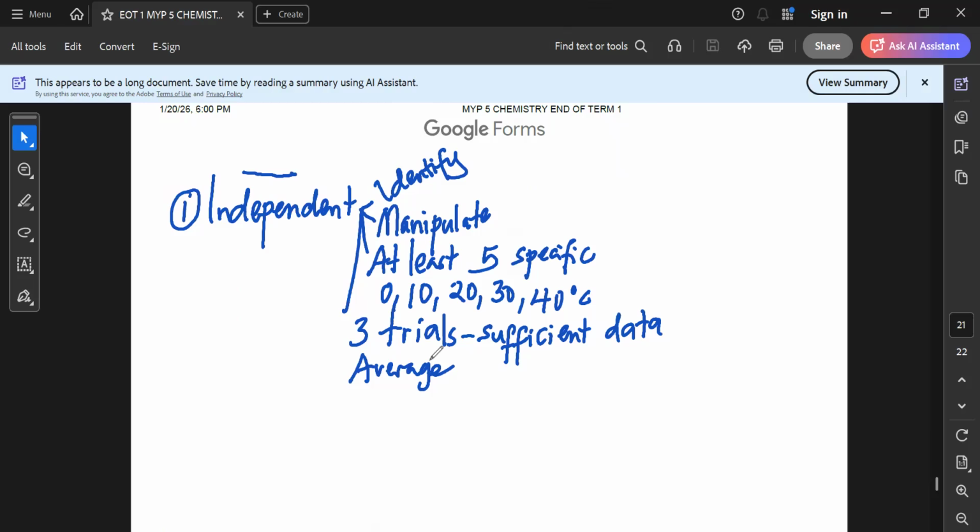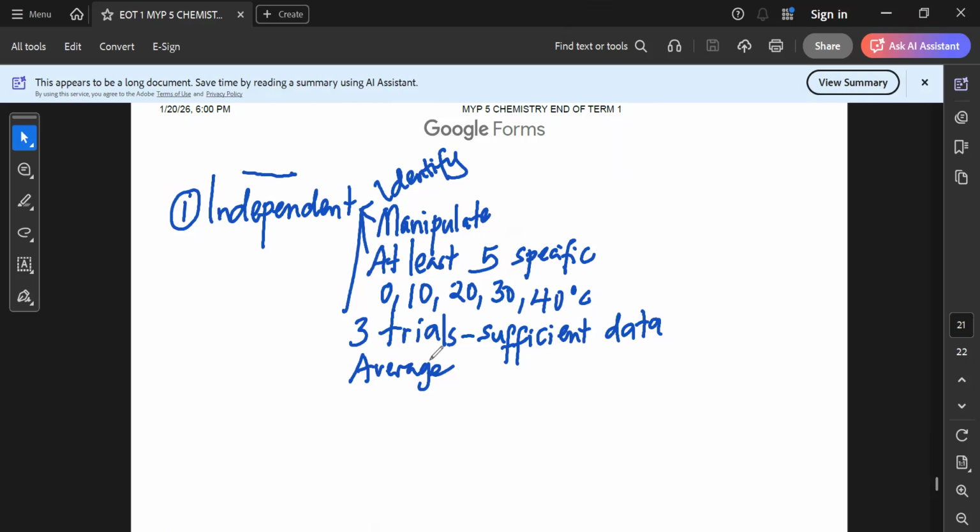You will be calculating an average. And the first part is fully done. Identify, tell us what it is. Show how you manipulate it by telling us that you'll be using 5 values and specify what they are. Then you say at each value, you conduct 3 trials or 3 experiments and get an average. If you want, we ask you the reason why you're doing it: to get sufficient data so that your work is more valid. Yeah, and that will be the end for the first part that they ask you,